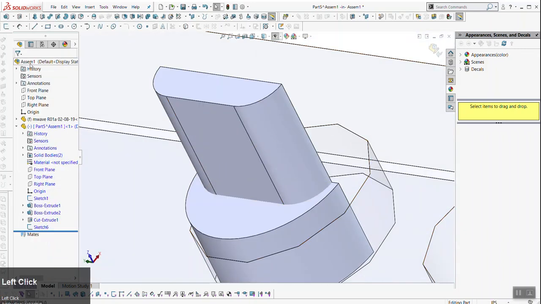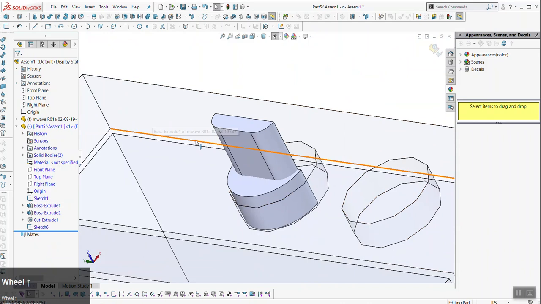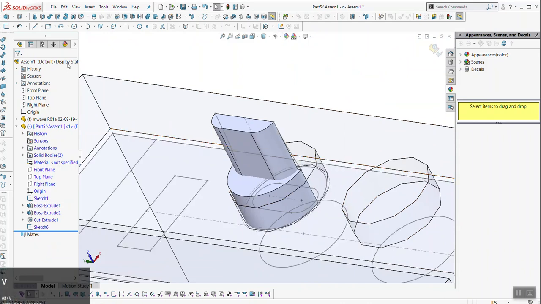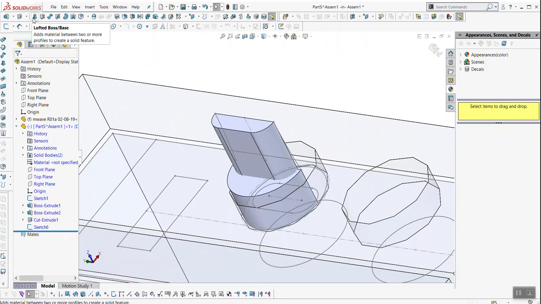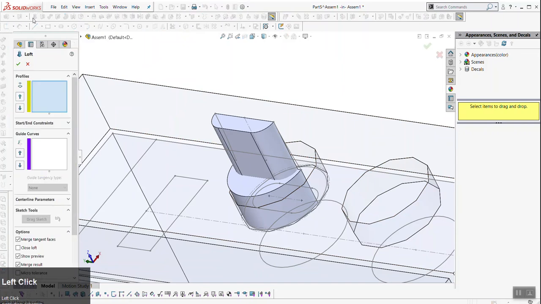Okay, I'll start this again. No, that's a good question. I am in no sketch currently. I currently have no sketches. I am literally just clicking on lofted boss base. So if everyone does that,